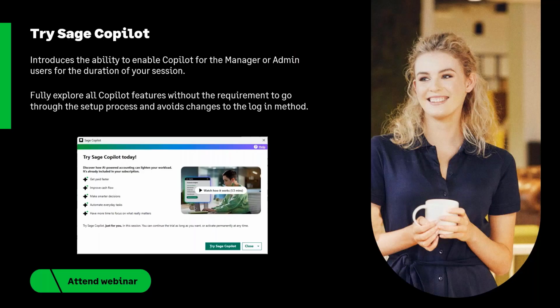I think the feedback I've certainly had, because we run separate webinars on this as well in much more detail, is: well, I want to have a go of it. What does it actually do? So you now have the ability to do that in version 33. You've got the ability to try Copilot. Now you will need to be logged in as a manager or an admin user,